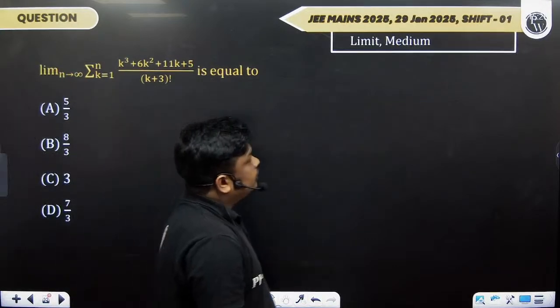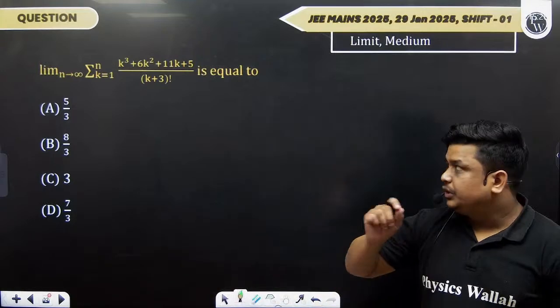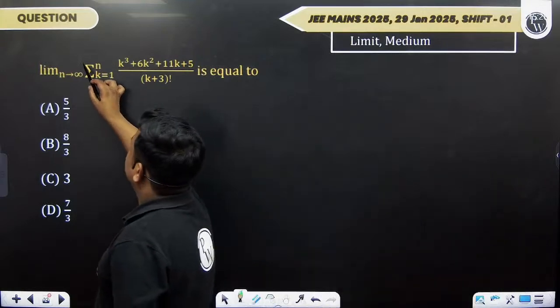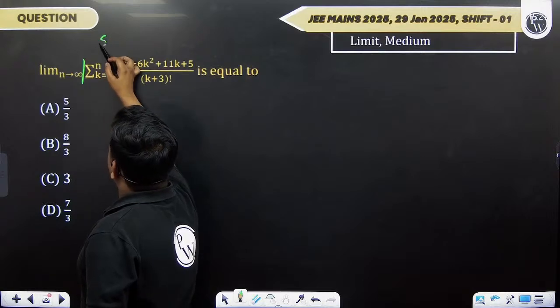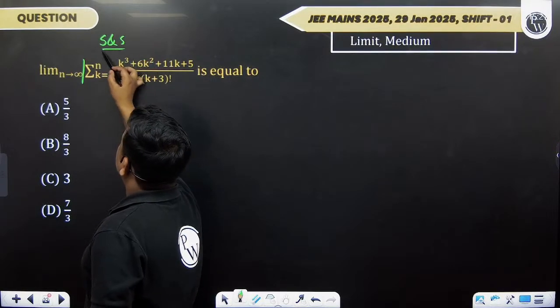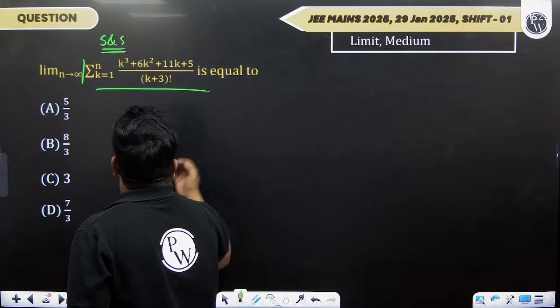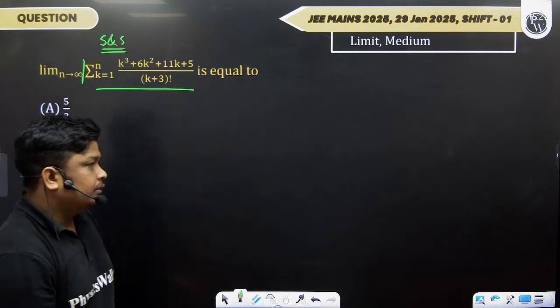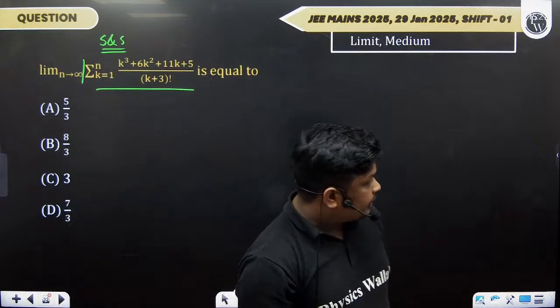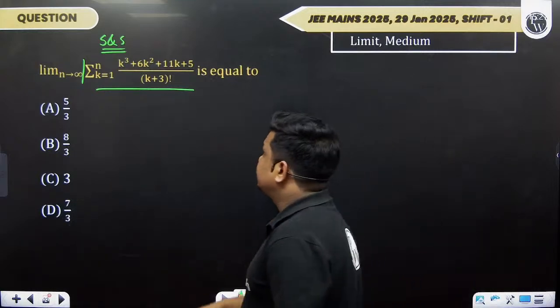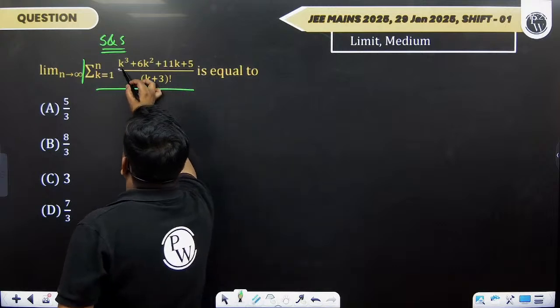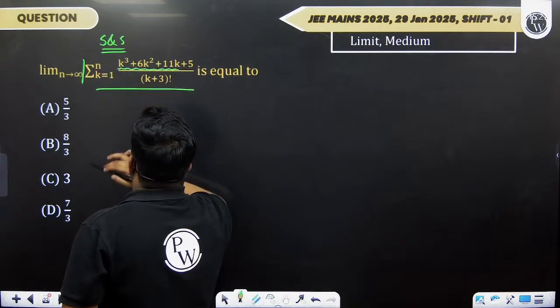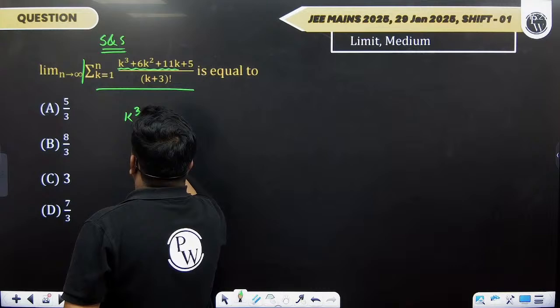Now next question. This is using a limit here, but this is mostly a sequence and series question. The limit is just there to use at the last step, though not particularly a limit question. This is a question of sequence and series. And now this cubic is disguised in this way. So if you see this properly,